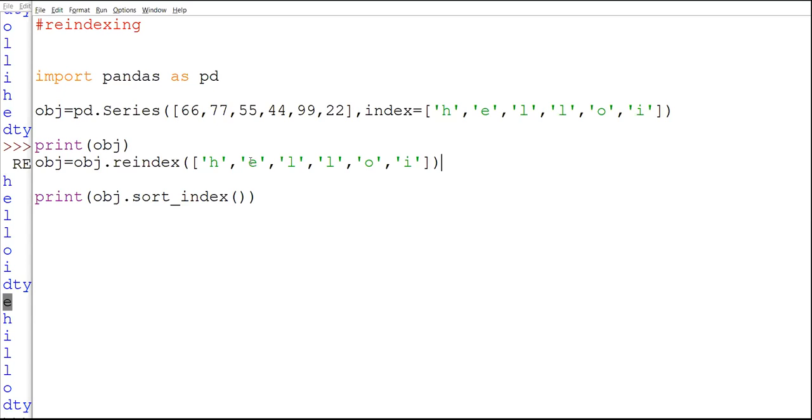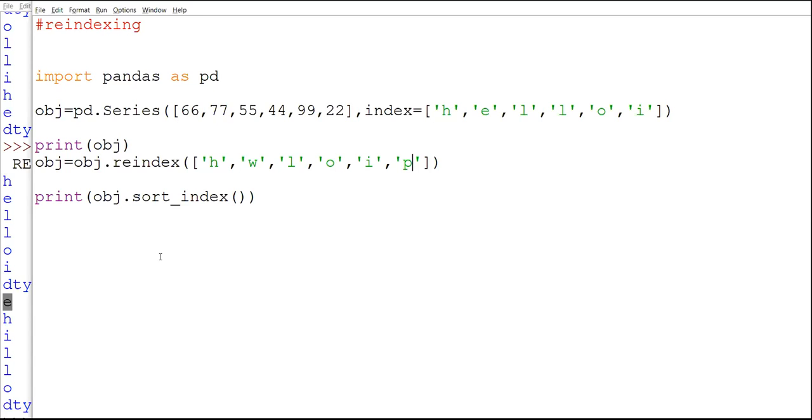Now here I have to do some changes. For example, I'm writing something like this: 1 2 3 4 5 6. We will check whether new characters are allowed or not allowed.